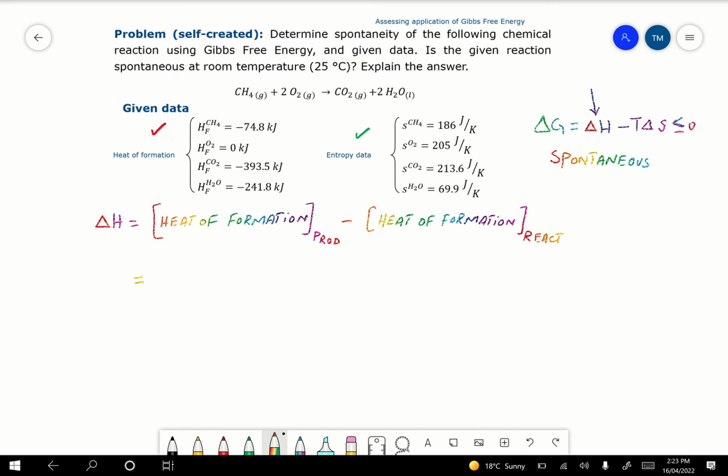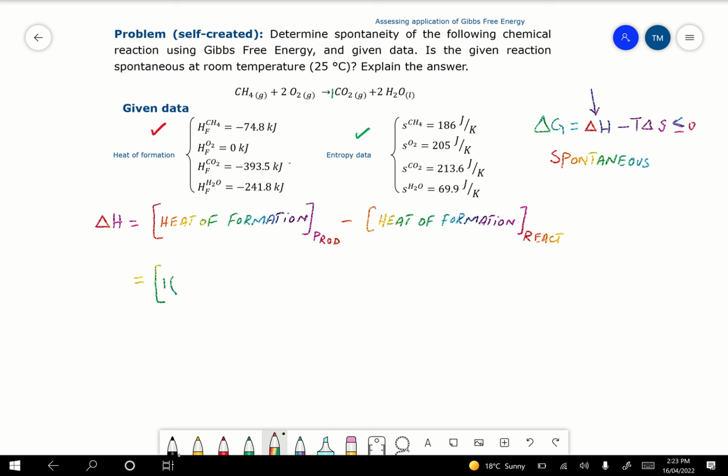So basically CH4 and O2 are reactants, and CO2 and H2O, they are products. So first of all, we will calculate delta H for product side, which is CO2. For carbon dioxide, the coefficient is 1,